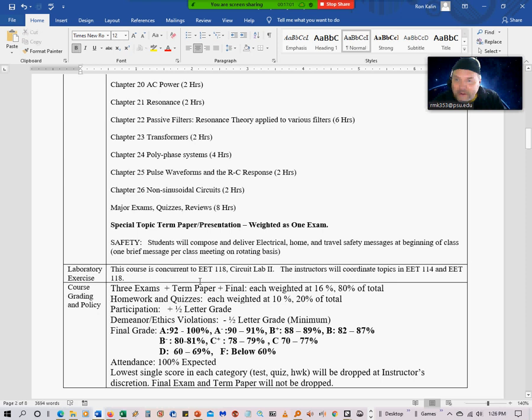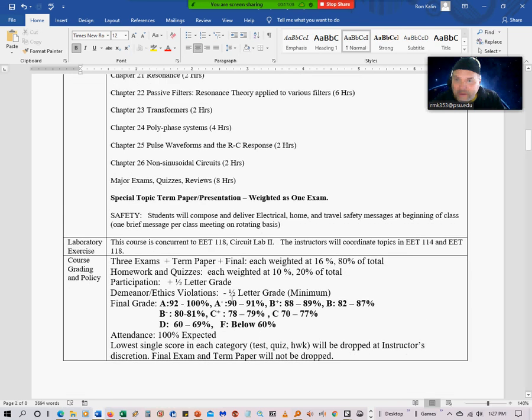This course is concurrent to EET 114, so I'm going to coordinate topics between the two of them. Typically, 118 is going to lag about a week behind 114. So every time we do a lab, it'll be a week or maybe half a week behind 114,